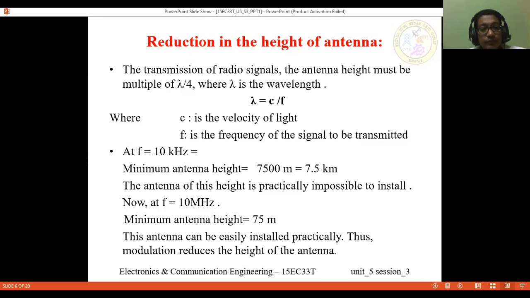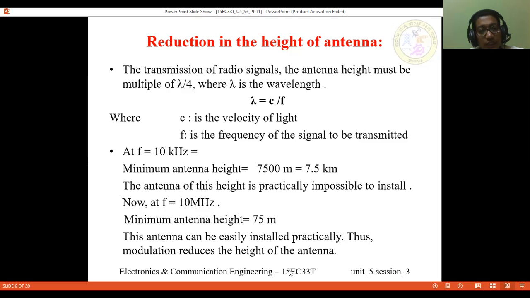Here, the transmission of radio signal. The antenna height must be a multiple of lambda by 4, where lambda is a wavelength. Like the minimum height of the signal should be lambda by 4 for any baseband transmission. If it is like that, we can calculate lambda by using this formula: lambda is equal to C by F,